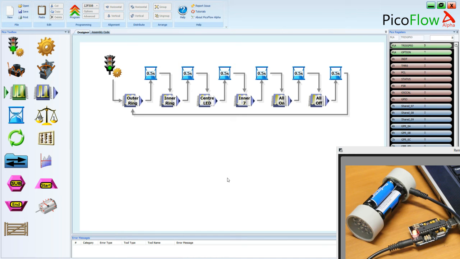Welcome. In this lesson we're going to have a look at the PicoBright and how to take the states from the first lesson and put them into a sequence using the delay tool. So let's open up last lesson